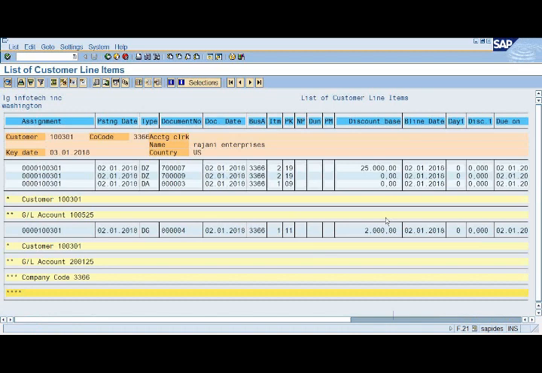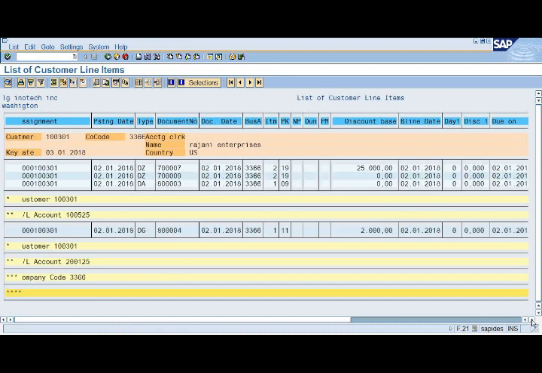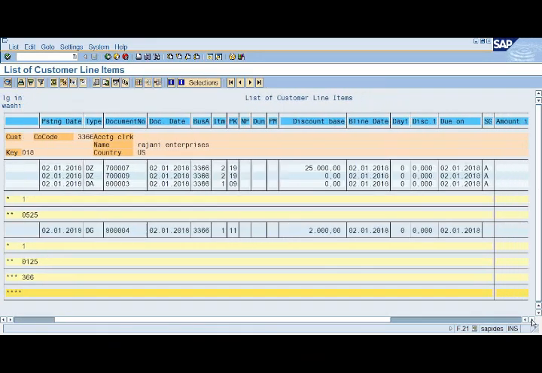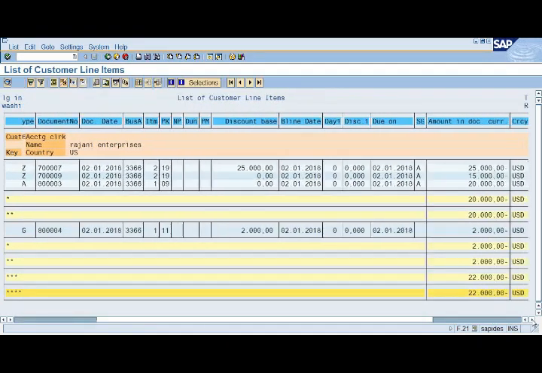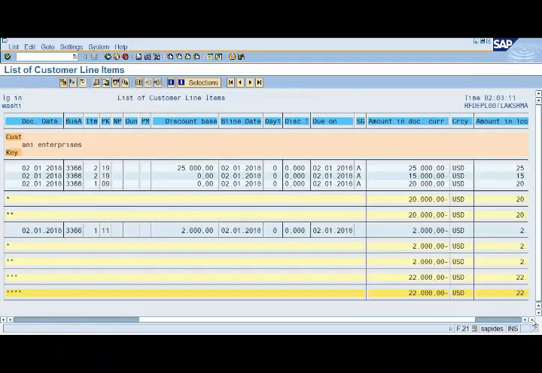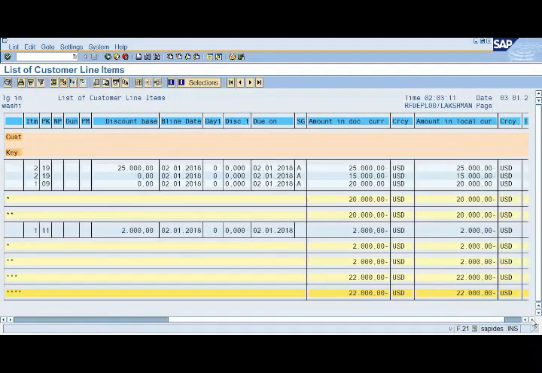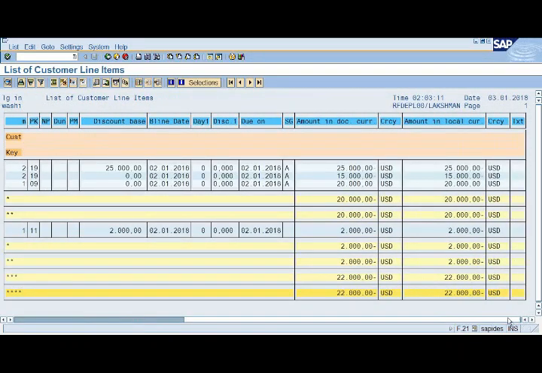See, these are the open items for the customer Rajini Enterprises, right? And as on today, these are the open items. It shows including normal GL and special GL, right? Just observe all these reports clearly in your practice. Then,